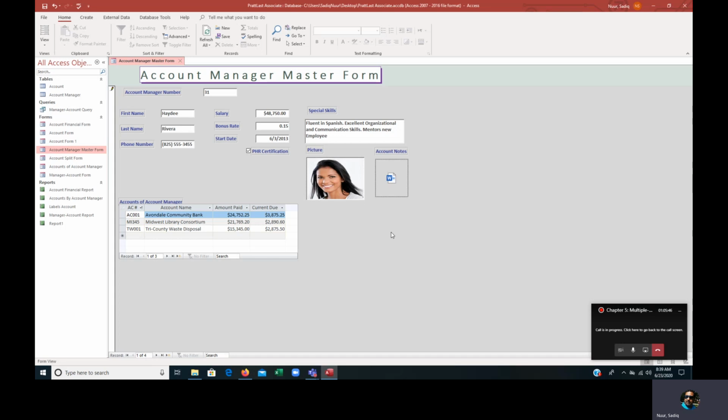Now, the next one we have is object dependencies. In Access, an object can depend on other objects. For example, a report depends on the table or the query on which it is based, right? So a change to the structure of the table or query could affect the report also. So if you make any changes to your table or to the query that you create the table from, then obviously the report is going to change also, right? So